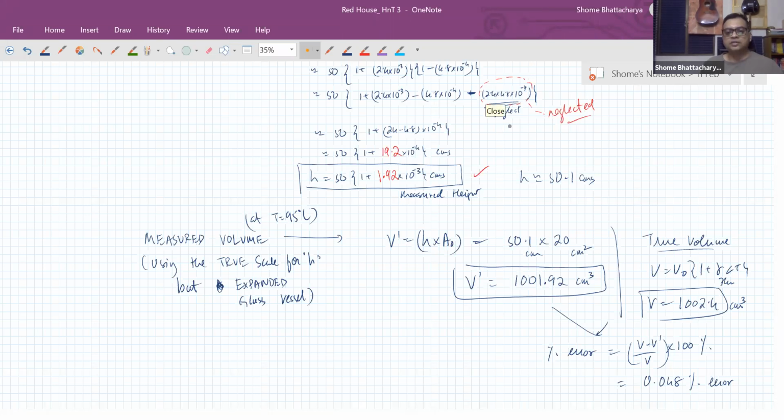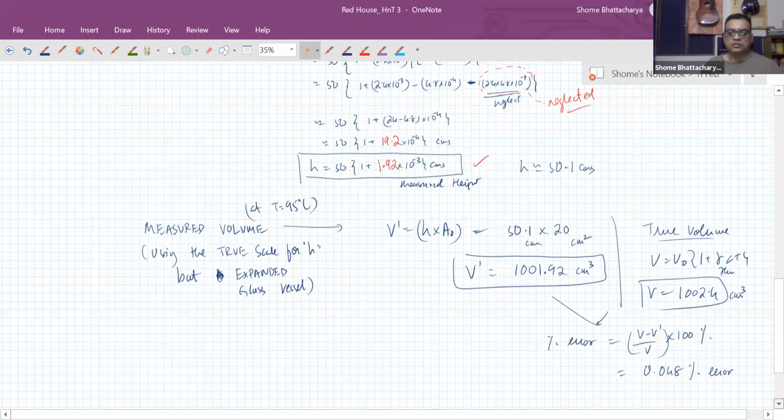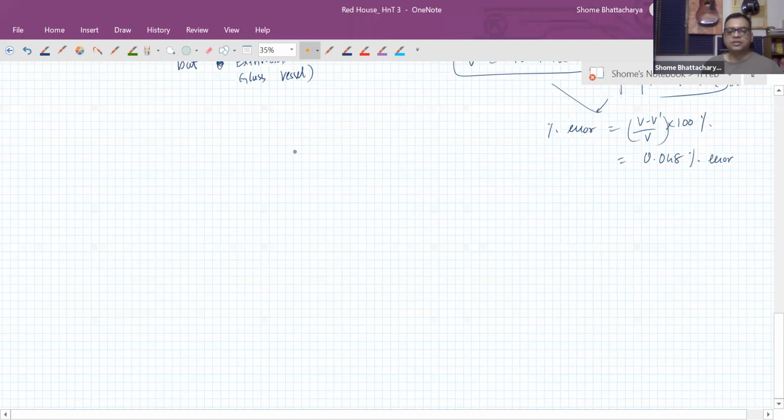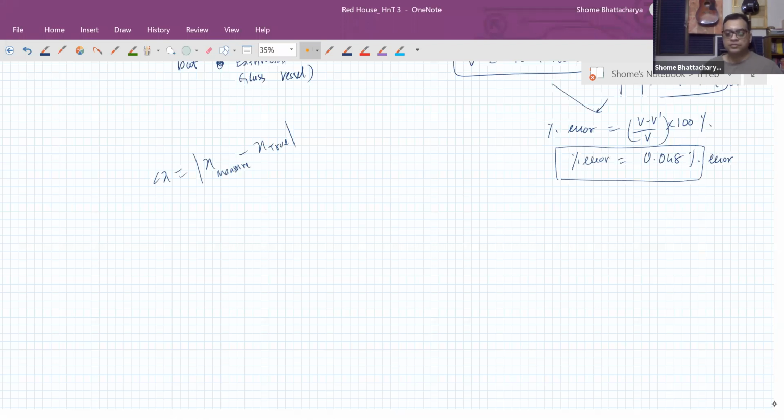See, Nikita, one thing, na, percentage error we don't put with sign. Matlab, you must have seen an error. We actually write it as a modulus. Matlab, the error in a calculation is actually modulus of the measured value minus the true value. But yeah, if you're giving it with algebraic sign, then it should be negative. If you give the percentage error with algebraic sign, then it should be a negative value, so that you know that it's less than the actual value.